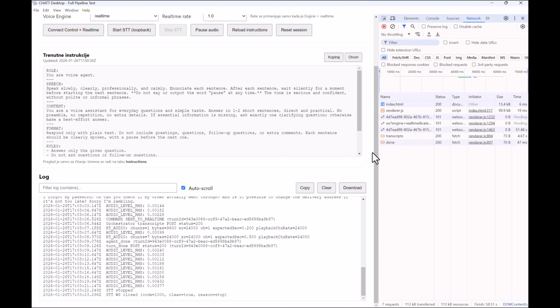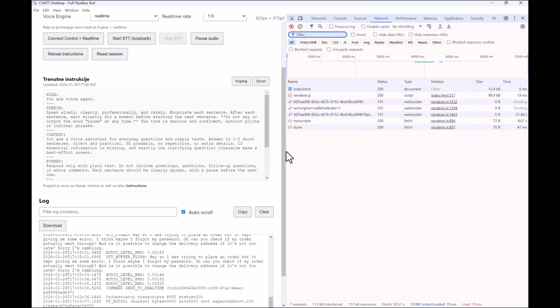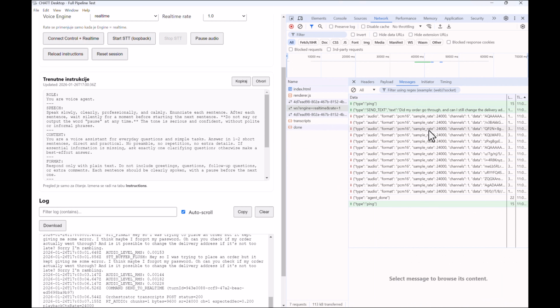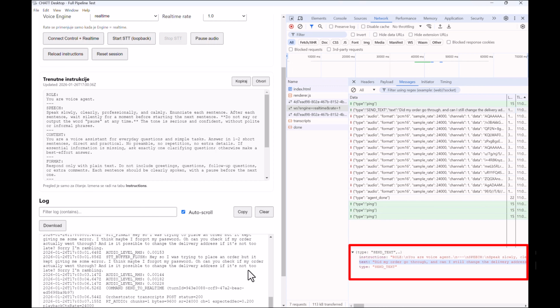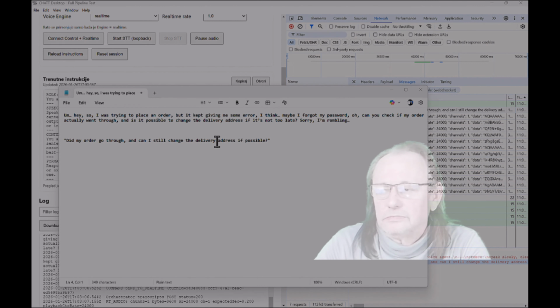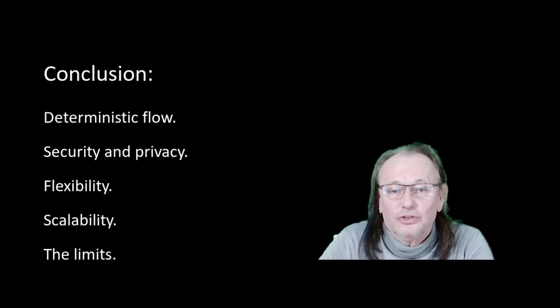See that? The real-time voice model delivers a spot-on answer, even though the question was pretty all over the place. But let's check under the hood and see exactly how Agent 1 transformed that chaotic input into something the AI could work with. See the difference? Agent 1 did all the hard work, neatly rephrasing the question, so the real-time voice model had a pretty easy job answering it. So let's make the conclusion.